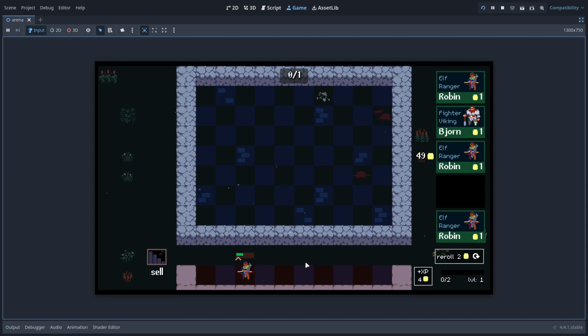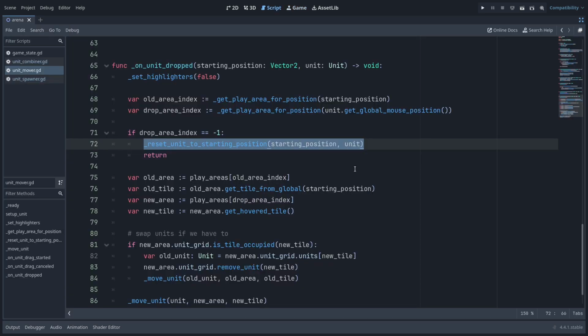So actually the one I want to forbid when the battle is going on is dragging a unit from the bench to the game area, right? This is the thing that I don't want to allow. So what we can do is reuse the logic of when I drop him to an invalid position, by saying that this is invalid too when we battle. To do this, we need to start by